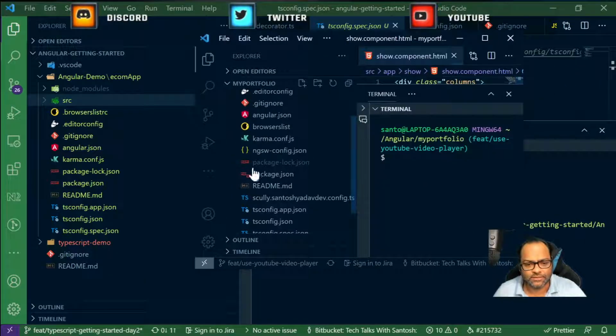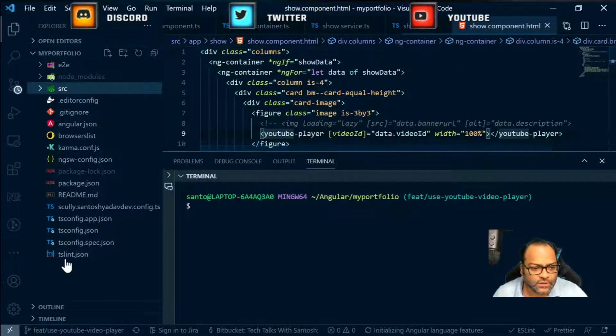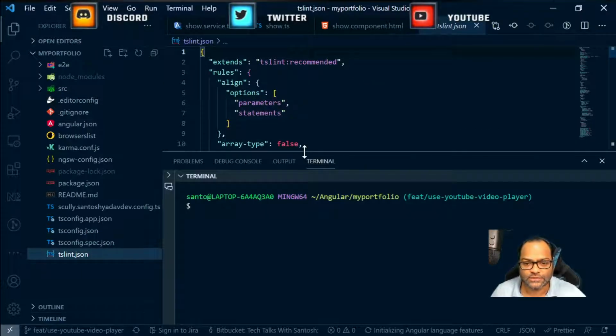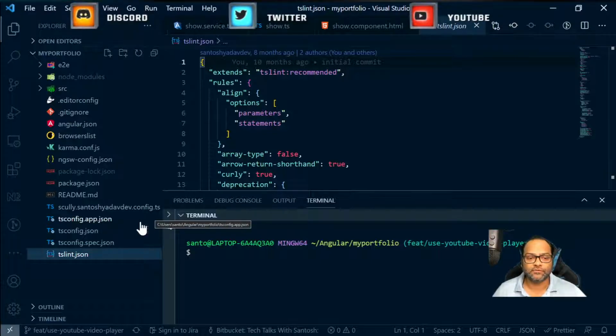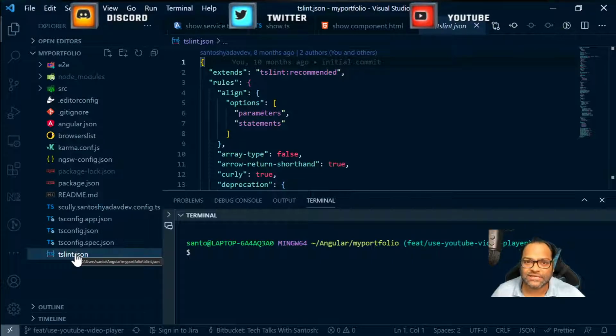So let's say this is an application which was built prior to Angular 12. So you will find a tslint.json in case you have any application which is below Angular 12. So tslint was actually used for linting, and now with Angular 12, tslint was actually deprecated, and it reached its end of life in December 2020. So now Angular will not ship tslint by default with an Angular application.